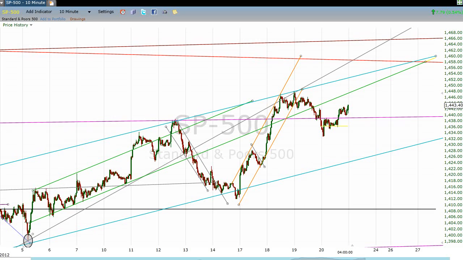Since between yesterday and today I've got no new subscribers, I'm going to assume that you looked at yesterday's video fairly closely, because really nothing a whole bunch has changed. We came down and we broke this green line yesterday. We may be heading back for a back test of this, or we may also be forming a little bear flag